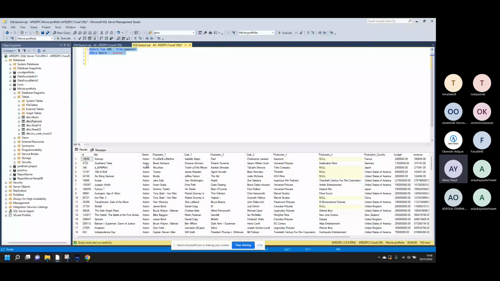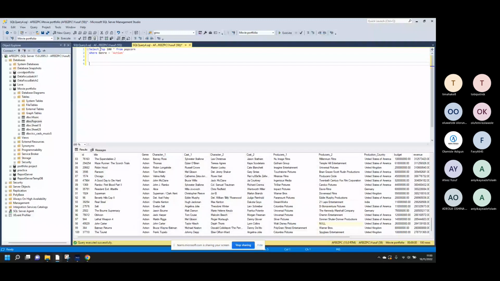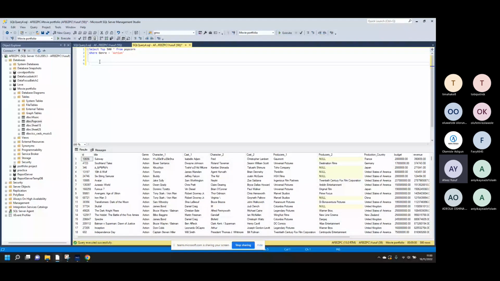All the action movies, top 100 of action movies in this data set. You can also increase it to top 500 or whatever. And by the way, you can also execute 2 queries at the same time. Okay, let me see. Top 500 and then top 100